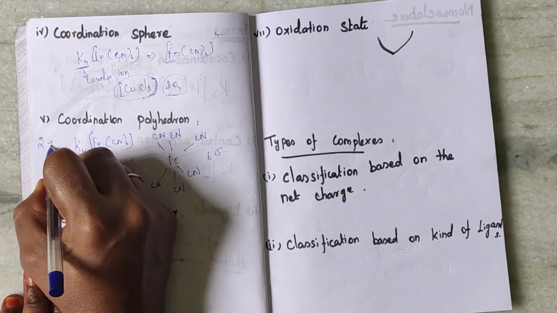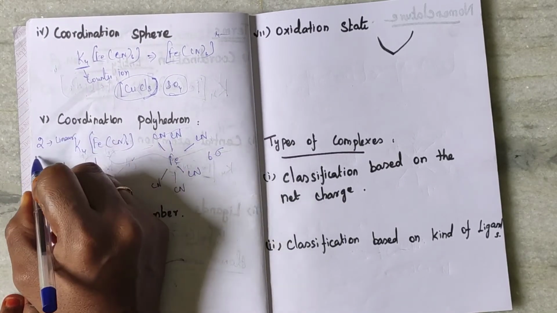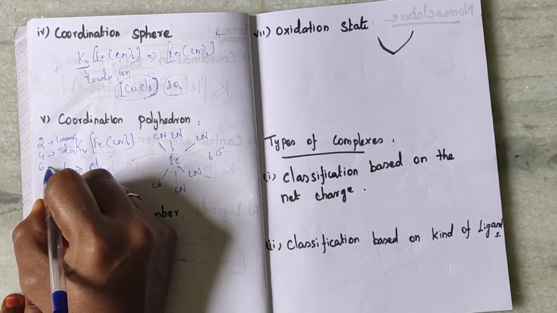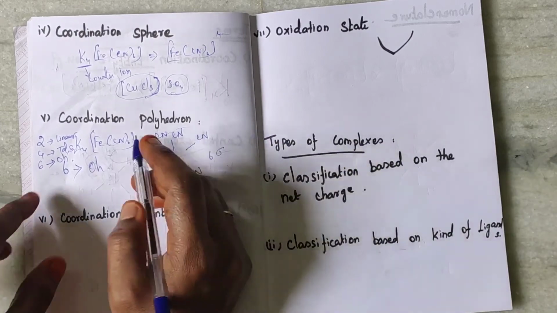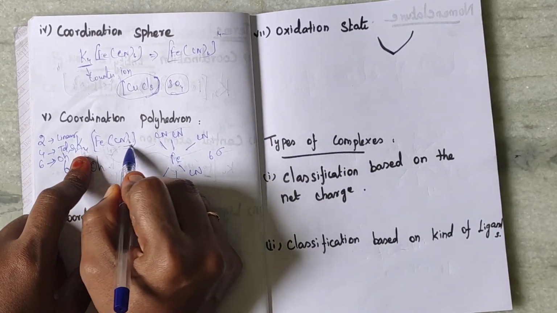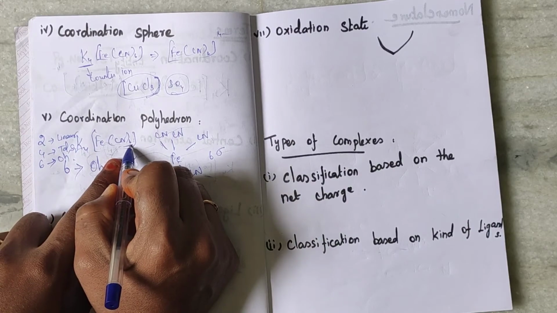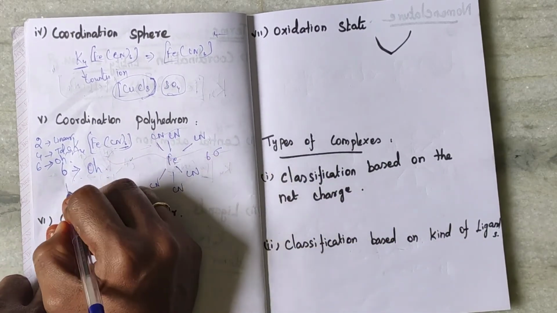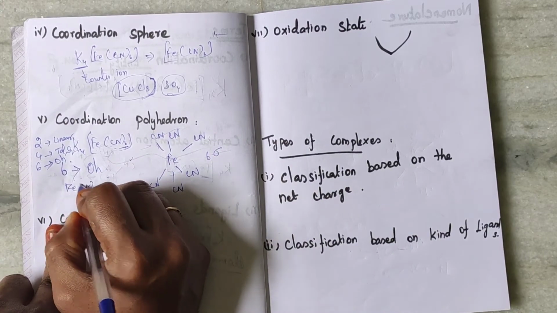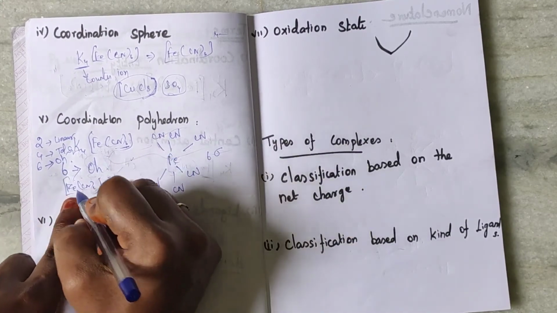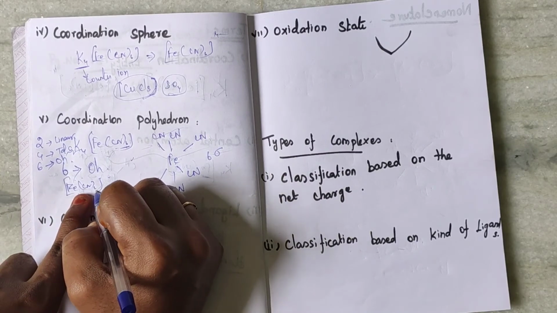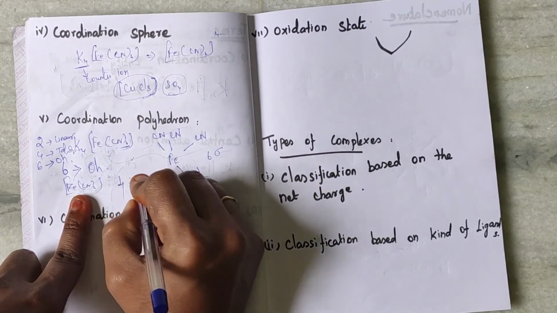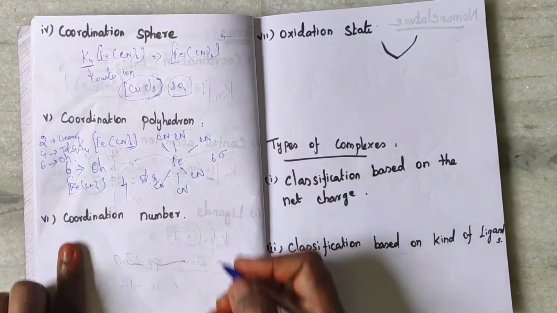We have 2 electron pairs, it is the linear position. 4 electron pairs, it is a tetrahedral or square planar complex. 6 means octahedral complex. Here the metal is attached with 6 charged ions, so the answer is 6. It is an octahedral complex. Another example, Fe(CN)4, the metal attached with 4 cyanide ions. So the value is 4, so it is a tetrahedral or square planar complex.